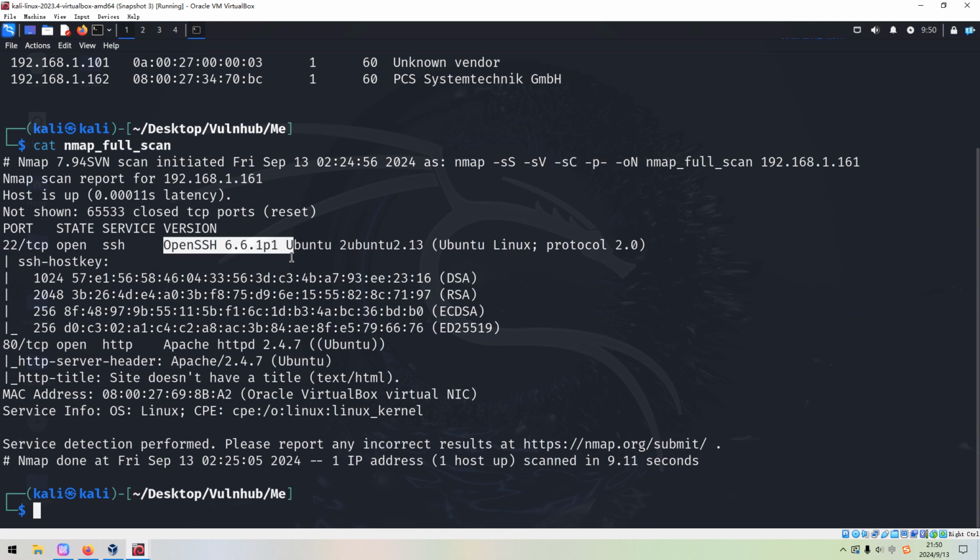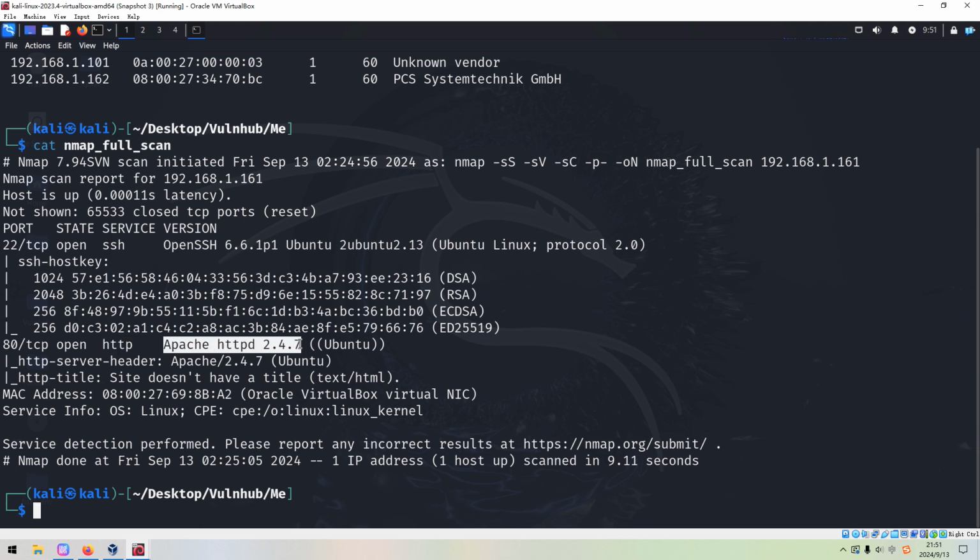Although this version is very outdated, I don't think we can find any useful vulnerability except the username enumeration vulnerability, which is not what we want at this moment. The second one is 80, which is running the HTTP service and also the version information, Apache 2.